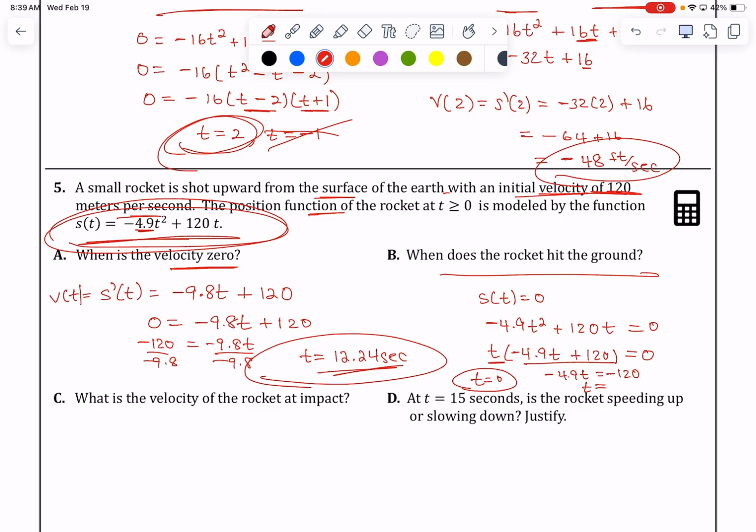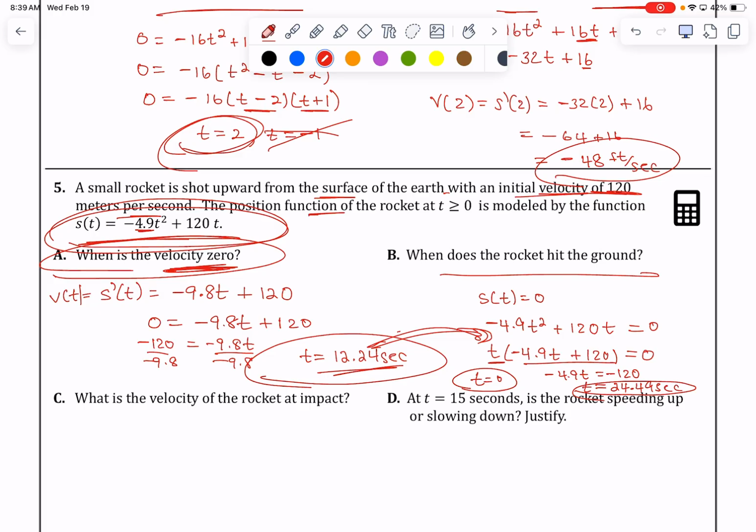Sorry, it's 24.49. Yeah, 24.49, which is not quite... Oh wait, that would have been double, because when the velocity equals 0, that's when the peak is going to be. You could have doubled that one. I didn't even pay attention. Yeah, you're right. You could have doubled that one because the velocity equals 0 is when the rocket reaches the peak,